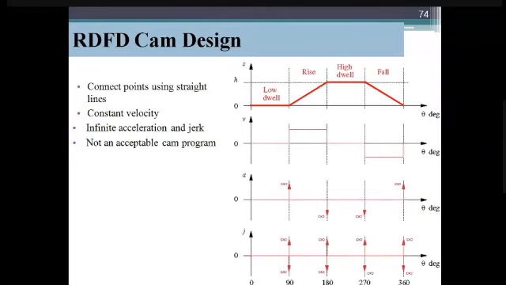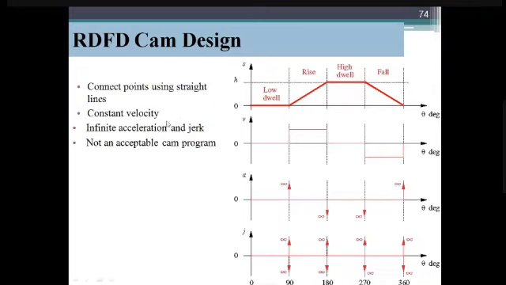Okay. These are the 4 individual diagrams, with points connected using straight lines. Yes, it's called the straight line displacement. So low dwell, and then rise from 90 to 180, how it is going to rise. Over that angle, the follower rises, isn't it? After that, it is in the dwell period, and after that, from 182 to 272 to 360 degrees, it is a fall. That is called dwell, rise, dwell, fall.